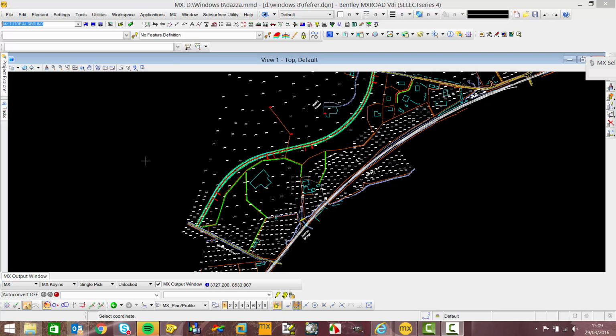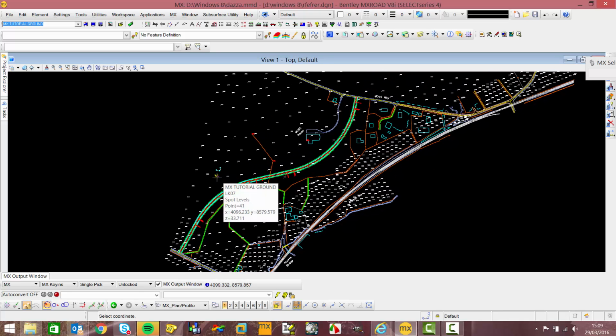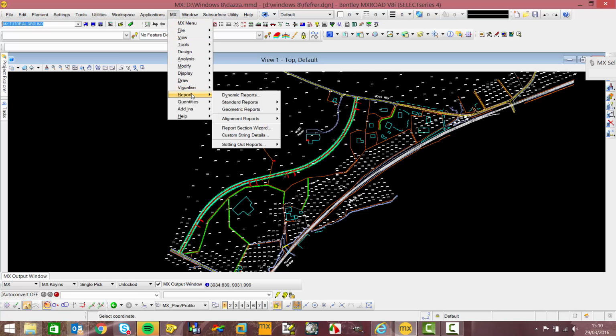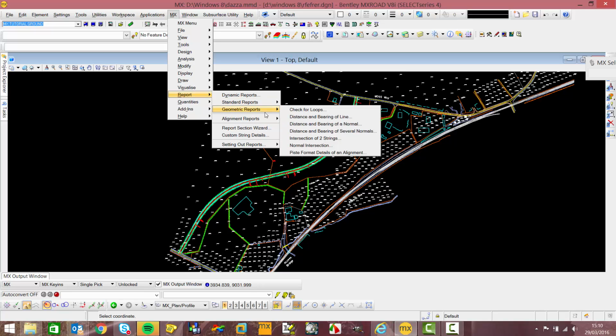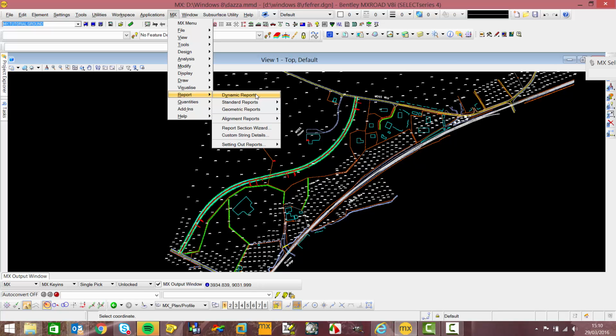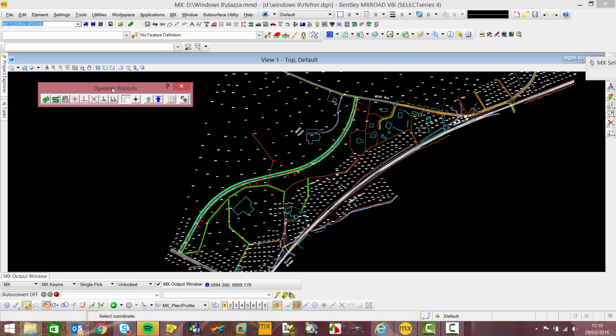One of the things we often get asked about is how to produce some reasonable reports inside of MX to a sensible format. Historically, we've always had standard reports and all the geometry reports that you would expect. But also, one thing I tend to use is dynamic reports. So if you go into dynamic reports, there's a fair selection of reporting options here that should suit all the